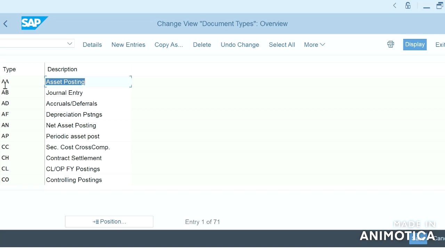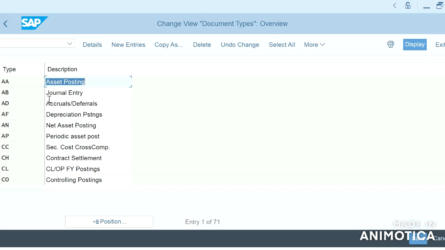The SAP standard system delivers standard document types. We can use these standard document types or define new ones as per our business requirements.